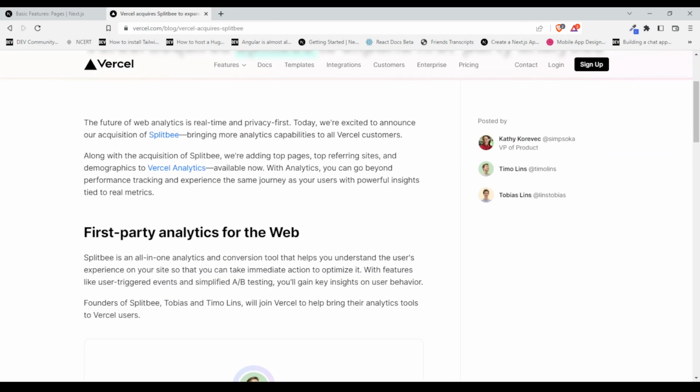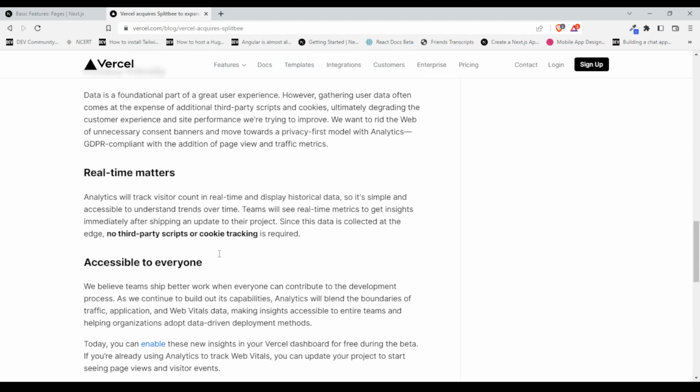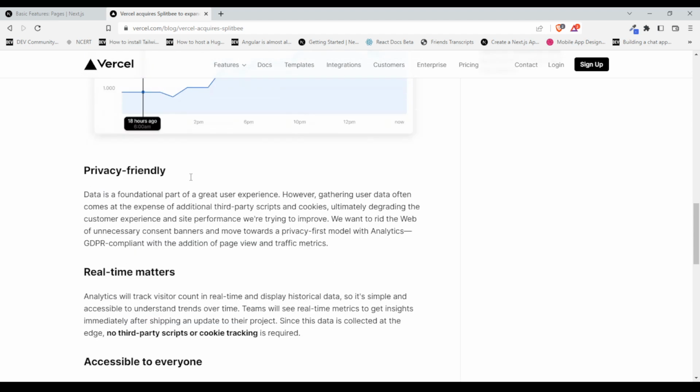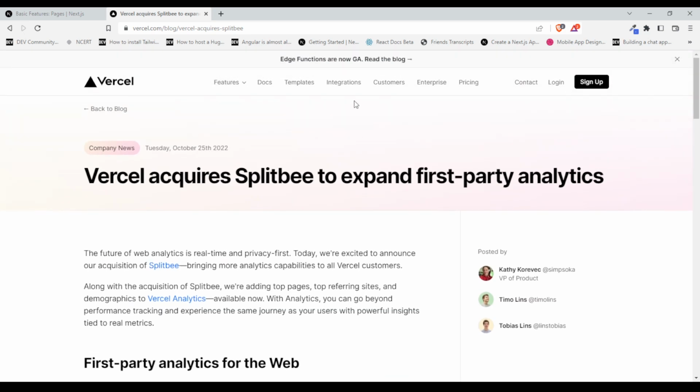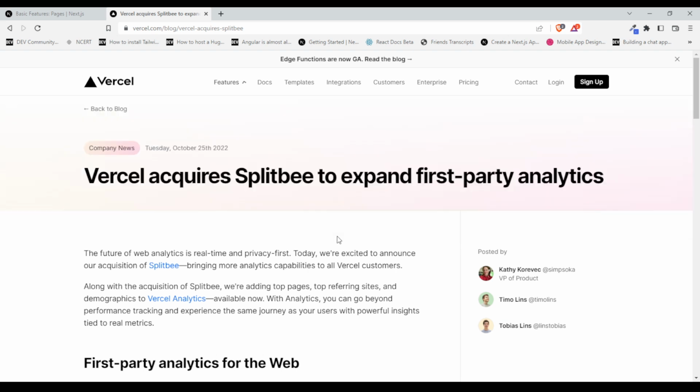The future of web analytics is really fun. Privacy first. Today we are excited to announce the acquisition of Visibility, bringing more analytics capability to customers. Along with the acquisition of Visibility, we are adding a top position. Excited to demonstrate universal analytics, which will now allow first-party analytics in the world. Real time matters. Accessible to everyone. Features, previous content and connection, next year and so